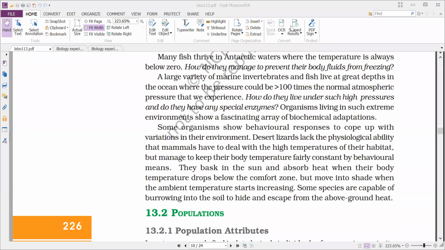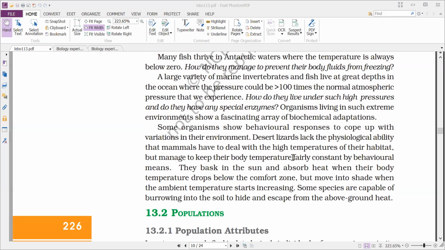Okay, when you observe here, it works like solar shields. Whenever the body temperature is lowered, they come out of the water and expose themselves to the sun, and the body gets heated up. When the body temperature comes back to normal, they move to the water again. When the body temperature is increasing, they move into the water. Again, when the temperature is lowered, they move to the land.